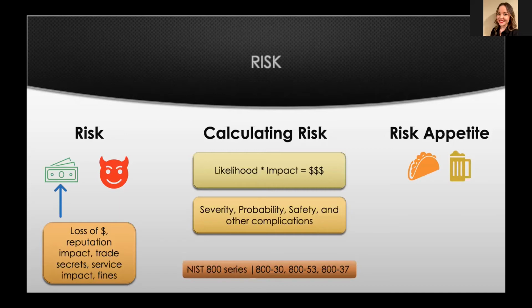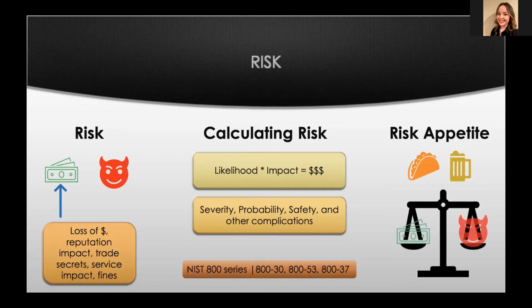And then, as I mentioned with the insurance example, we have a risk appetite. So this is an organization talking about where they want to balance the potential bad thing and the potential cost, right? So as risk and security professionals, it's our job to do this evaluation, to identify the potential risks and the potential impacts, and then present that to the business. The business will ultimately decide how much money they want to spend and where they want to spend that.